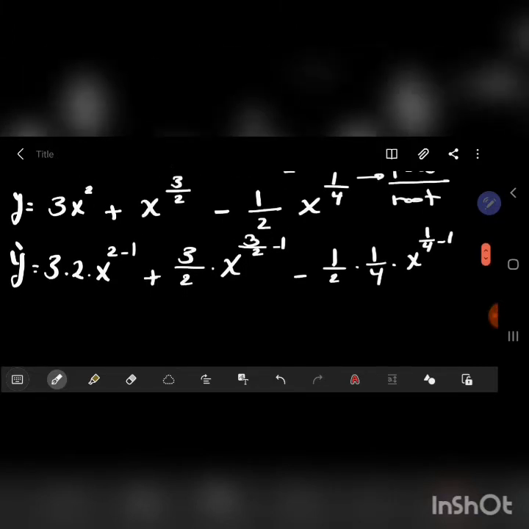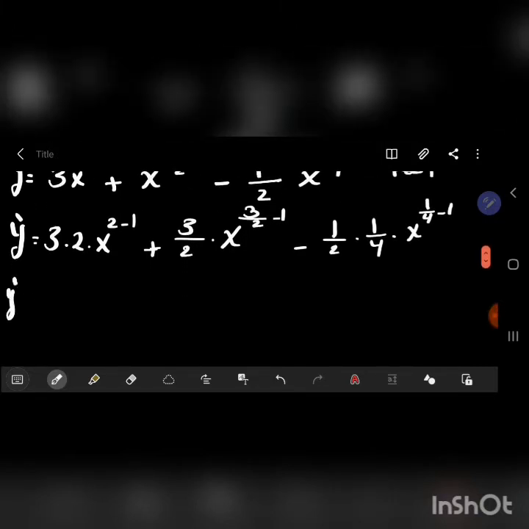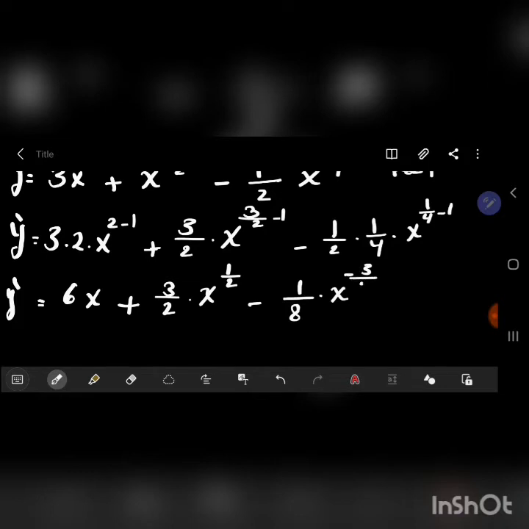Okay, the power minus 1. So here we will say 3 by 2 is 6, x to the power 1, we don't write 1, plus 3 over 2 multiplied by x to the power 3 over 2 minus 1, it will be a half. Minus 1 over 2 by 1 over 4 is 1 over 8, by x to the power minus 3 over 4, quarter minus 1 equal to